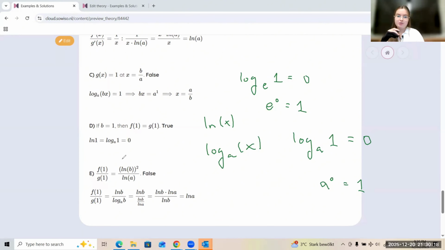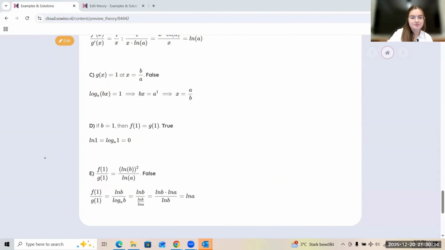And the statement E is also an interesting one because it teaches you to analyze questions in a way where you learn how to spot which mistake you would have to make to mark it as true accidentally. That's also an interesting analysis skill, I would say. And here, f of 1 over g of 1, we have ln of b over logarithm a of b. And then this would be also a very important rule you would need to know for the exam,